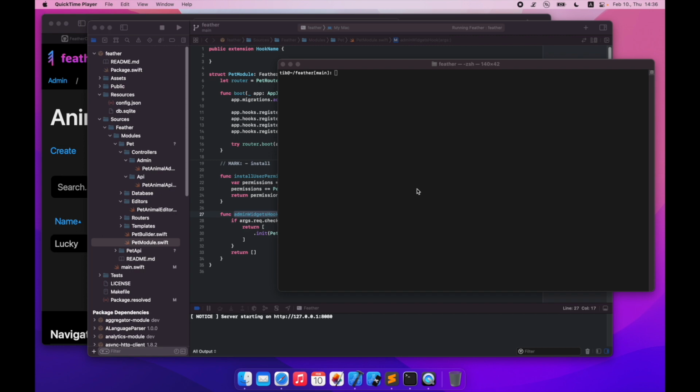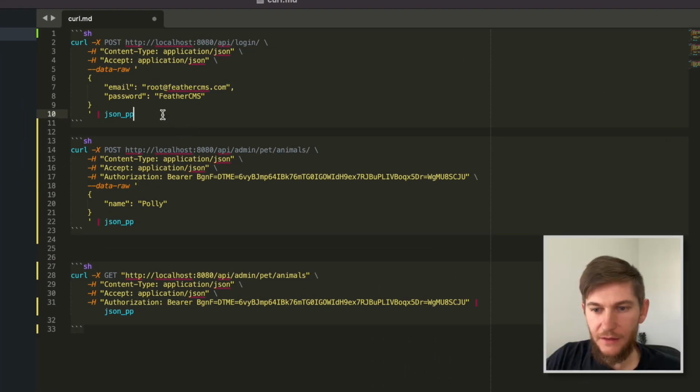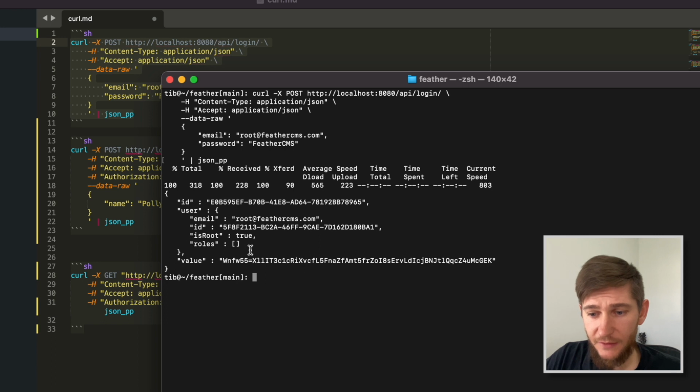Before we finish this session, I just want to show you a couple of more things. First of all, I'm going to show you how to log in via a curl request using the API. As you can see, you can send a post request to the API/login endpoint using curl, and you also have to provide your email and password address as a JSON string using the body. I'm going to copy paste the snippet,